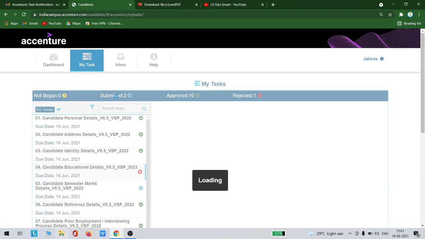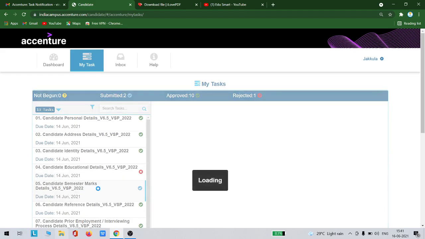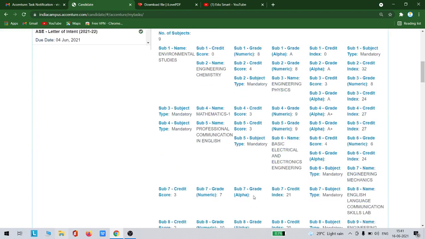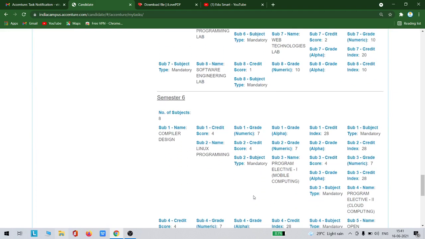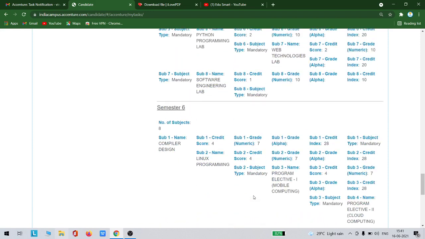Apart from this, if you see submitted, now this is candidate marks semester wise. I have mentioned all the semester marks. I think they did not approve it. It means they might not have checked it, because it actually needs 8 semester marks, right? We only have 6 semesters. So I have uploaded up to 6 semesters. They did not completely verify this, so they did not mark it as approved. Instead, it was in submitted stage only.